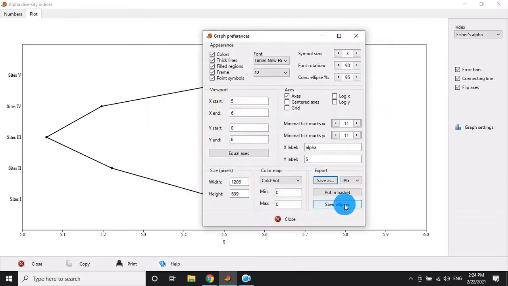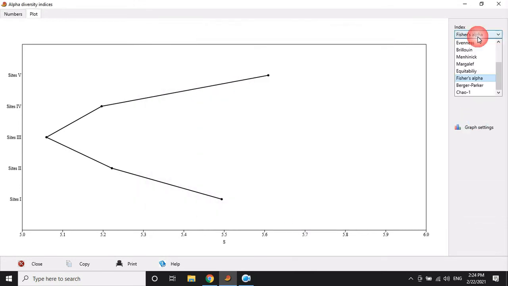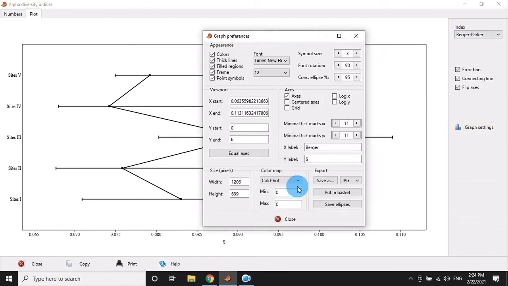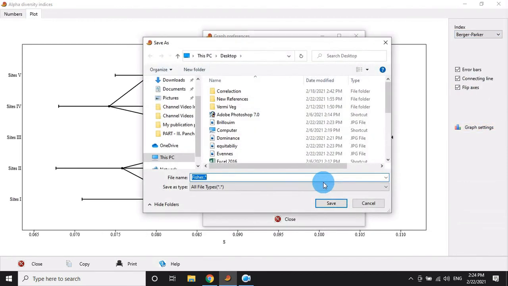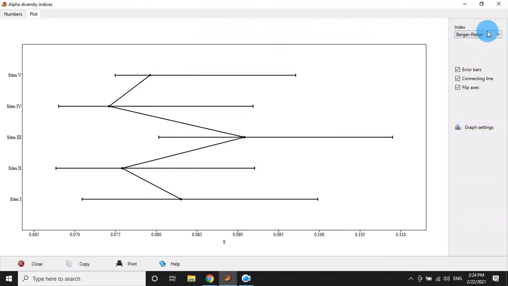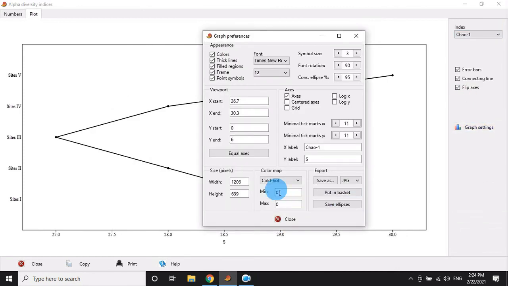Save, close, and the next index. Export the graph, change the name, then close, and the final index. Export the graph.